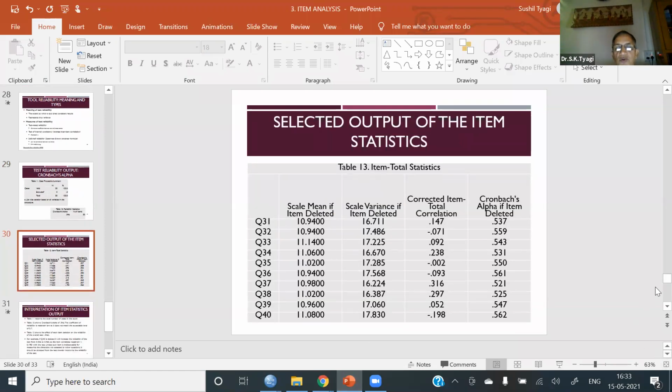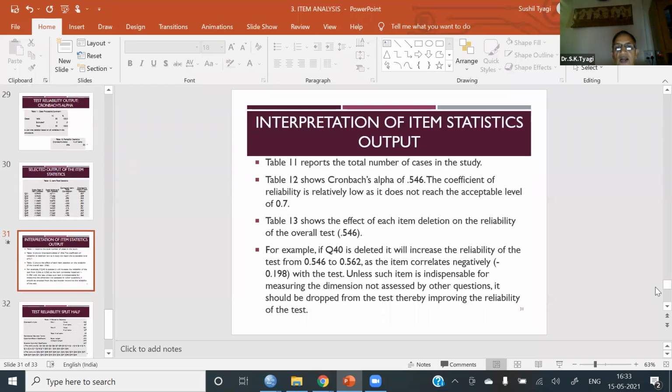Selected output of the statistics and interpretation. Table 11 reports the total number of cases in the study. Table 12 shows Cronbach alpha of 0.546. The coefficient of reliability is relatively low as it does not reach the acceptable level of 0.7. Table 13 shows the effect of each item deletion on the reliability of the overall test.